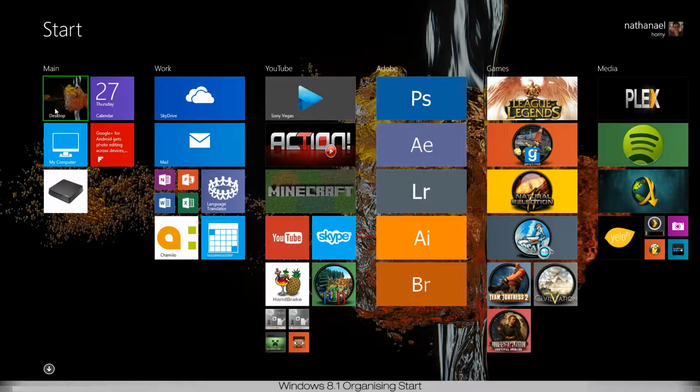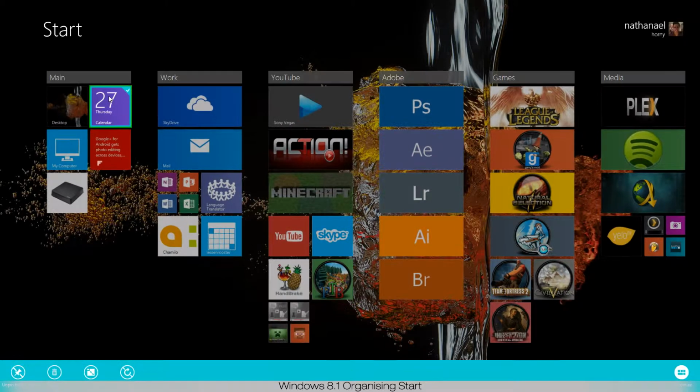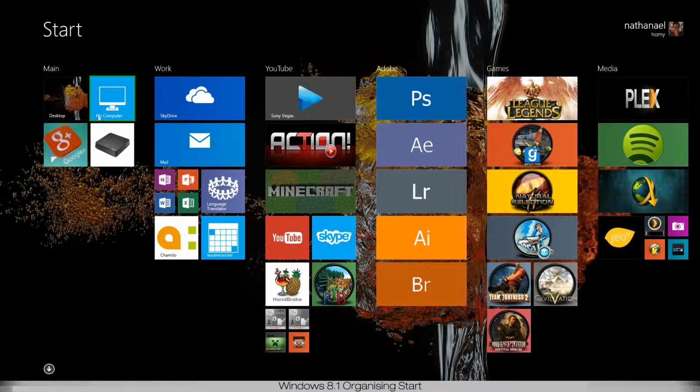So if I want to delete a tile, for example, let's say calendar, I don't need calendar in my main, I right click the tile and I unpin it from start. It's something you should know with the new start of Windows 8 is that all the tiles you see on your start menu are pinned programs, apps, whatever. So if you unpin them, they just go back to your complete set of apps and programs, which I'll show you below. So we unpin the calendar app, and now it's gone from start,